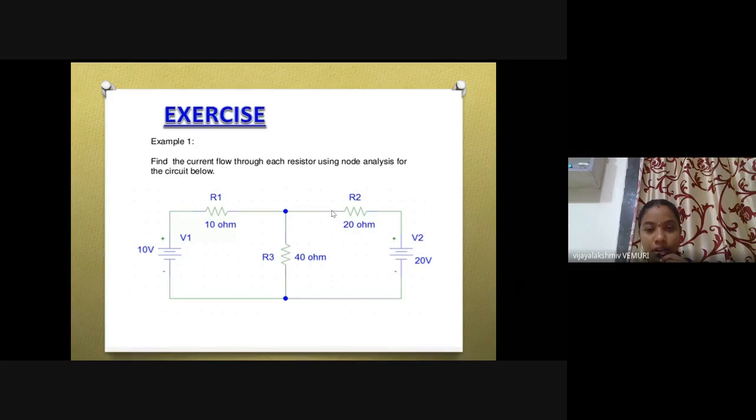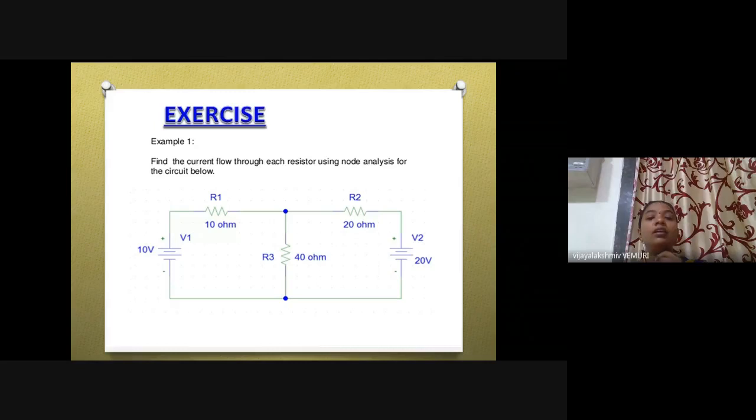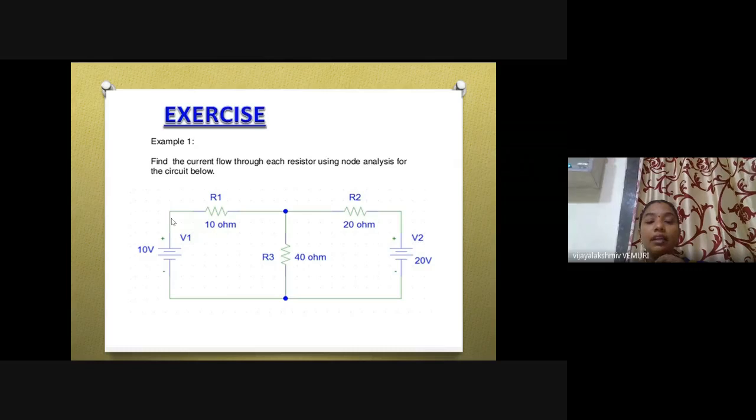another branch, another branch. So these are all branches, no doubt. But in nodal analysis, you need to consider this as one node. This is one node because this is a combination of two branches. This is one node. This is another node. And this is all one common node because this negative, this 40 and this minus 20 are all connected to a single point. So here you have a node, here you have a node,